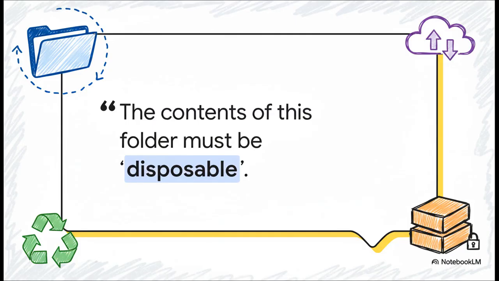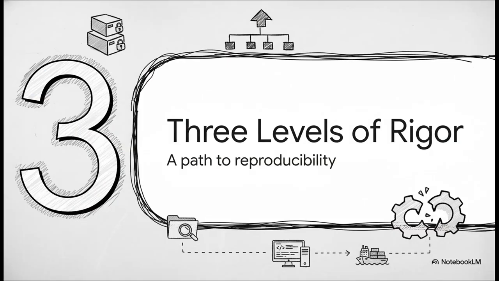And this right here, this is the magic concept at the heart of it all. The idea is that your output folder should be completely disposable. You should be able to literally drag it to the trash, hit delete, and then just run your code from the scripts folder and have every single figure and table pop back up perfectly recreated. If you can do that, you've achieved true computational reproducibility. That's the test.